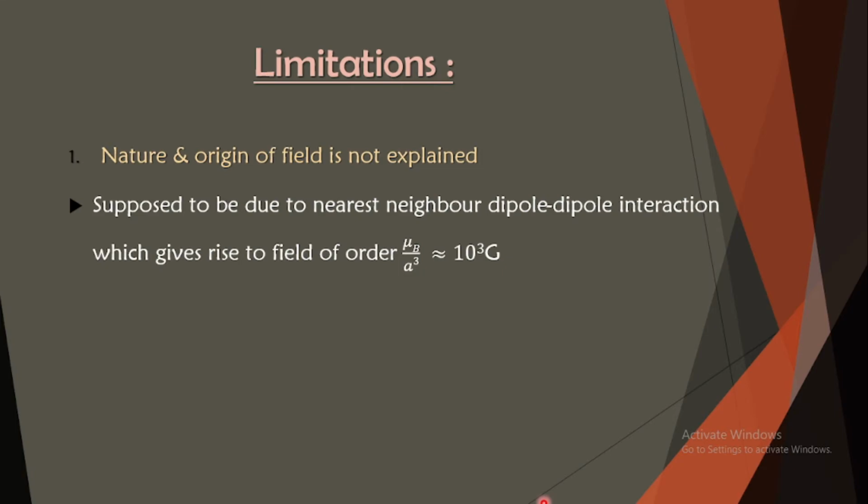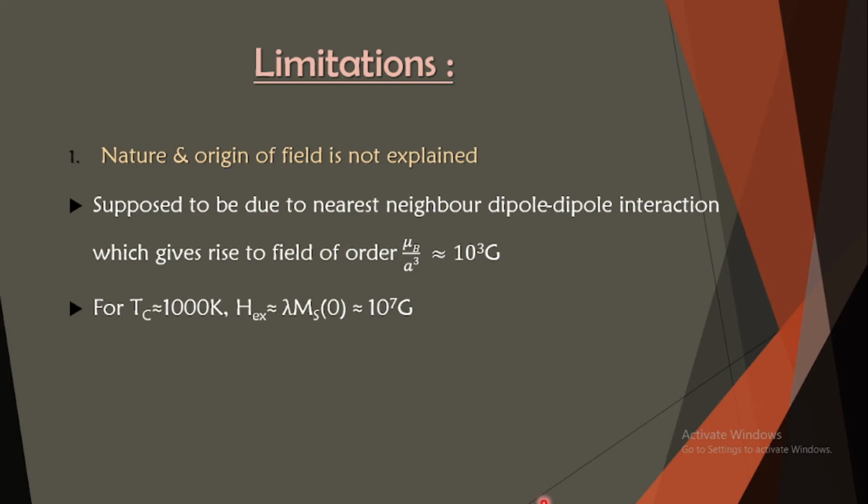So it was supposed to originate due to the nearest neighbor dipole-dipole interaction. If it was so, then such interaction would give rise to a field of the order of mu B by a cube, where a is the interatomic distance in the ferromagnetic crystal and mu B is the Bohr magneton. Taking this ratio in general, the field will be approximately equal to 10 raised to 3 Gauss. But according to Weiss molecular field theory, if the transition temperature is almost 1000 Kelvin, then the exchange field,